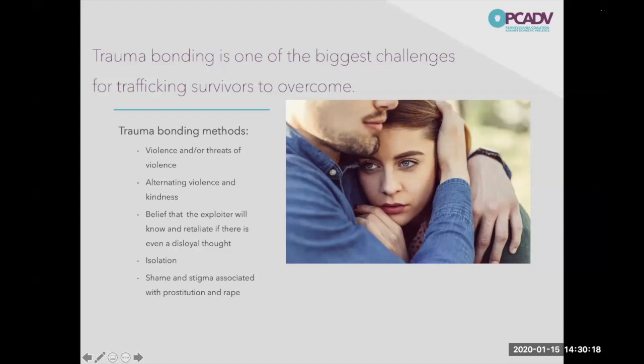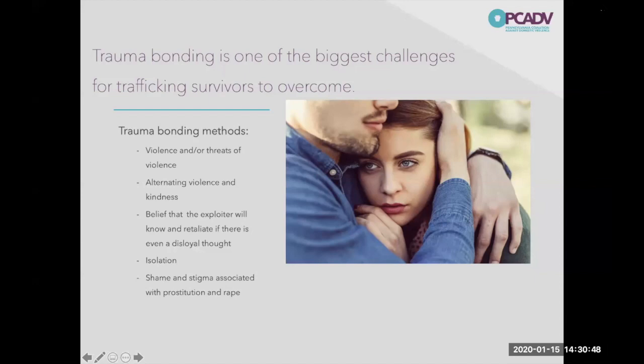You're just a hooker. Nobody's going to listen to you. Nobody's going to want to help you. And after everything that's happened to you, you're worthless. And they're going to reinforce that idea in that survivor until they feel like, you know what, the only place that I feel safe and the only place that is quote unquote normal to me is in this trafficking situation. And so, as I'm sure you can imagine, that trauma bond becomes the biggest barrier for a survivor to overcome.